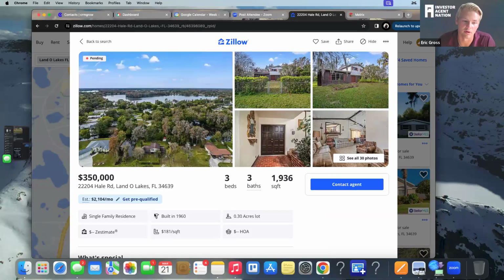The size of the home and the lot were also interesting. A lot of lots are 0.3 acres, and everywhere else that's not very large, but in Florida, that's a good lot size. So I found this 3-bed, 3-bath, 1,900 square foot home, ran comps on it, and conservatively, not going crazy on the rehab, not doing anything too crazy,